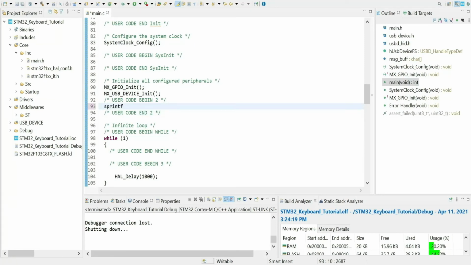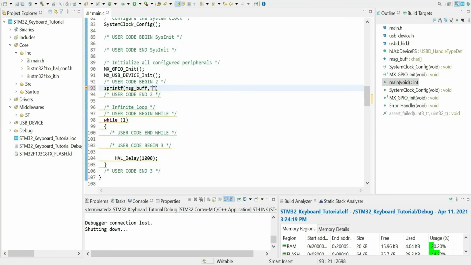Using the asprintf function, I will store some custom message in the character buffer. I'm writing here, hi. This is the video tutorial from Ankit Kioria.